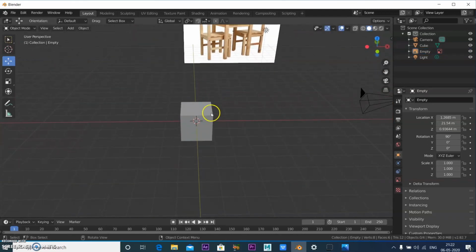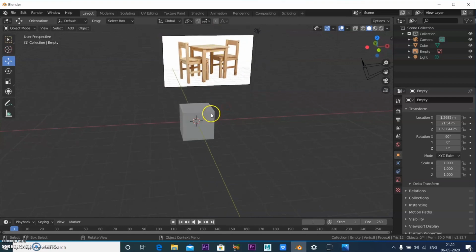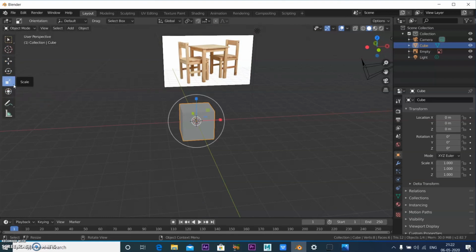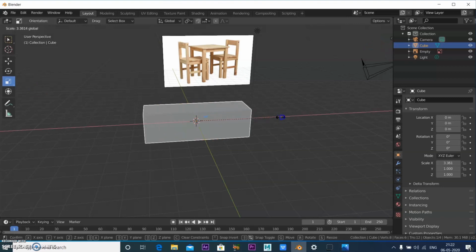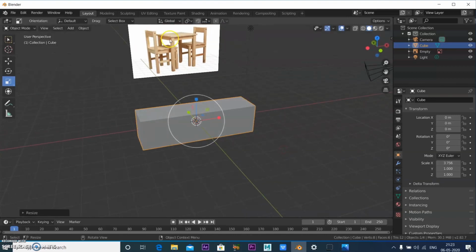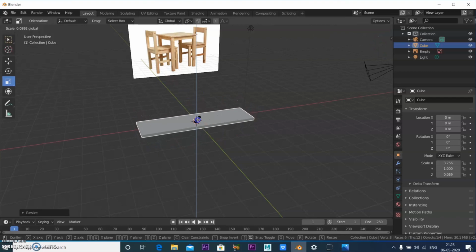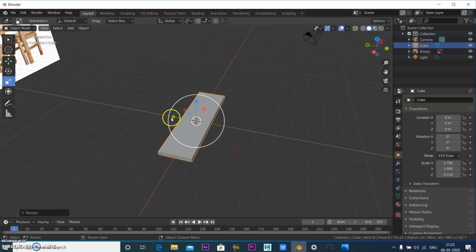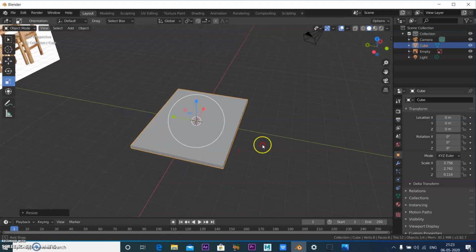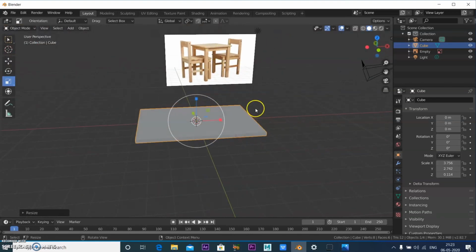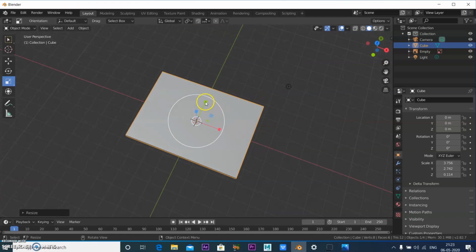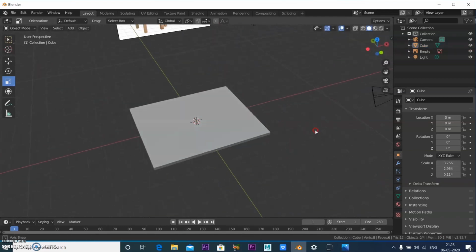To start with, we'll use the scale tool to make this table. So just go to the scale tool. This is the shortcut for it, or you can click it here, and I'll scale it. I'm modeling the table top, so this is the part which I'm modeling. I'll scale it down so the thickness is less, like this. And I want to scale here as well. If you feel it is fine, you can see how it looks. Okay, so now I have done this.